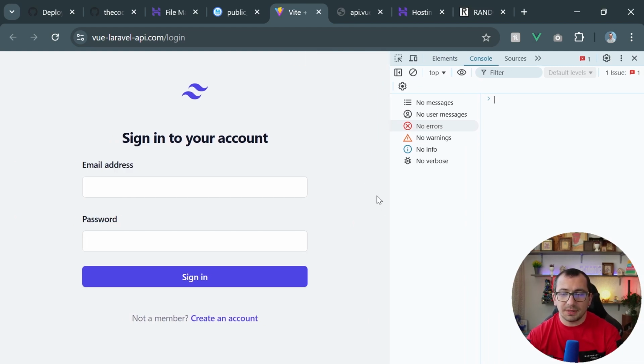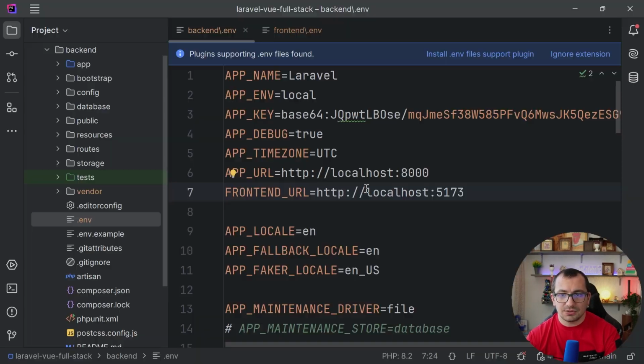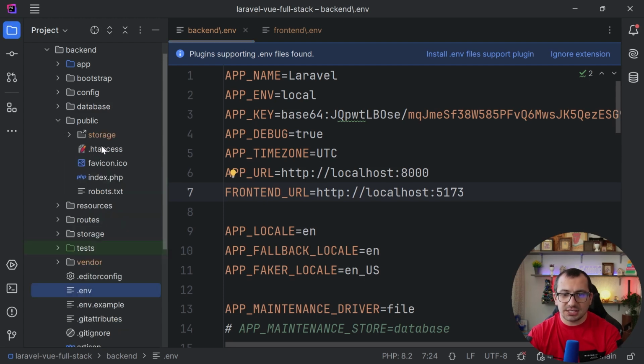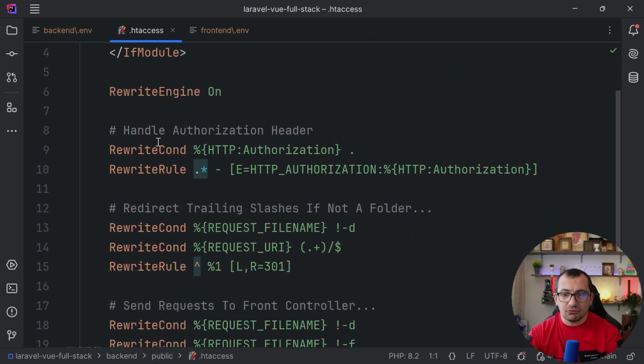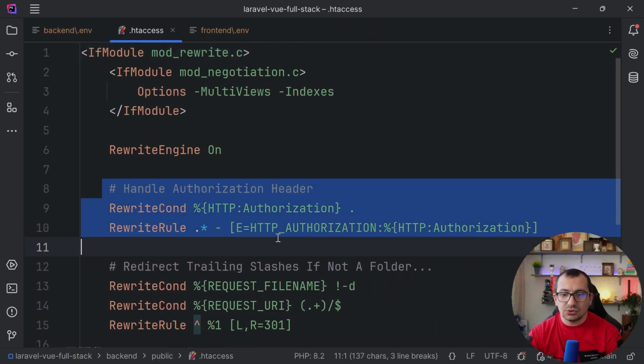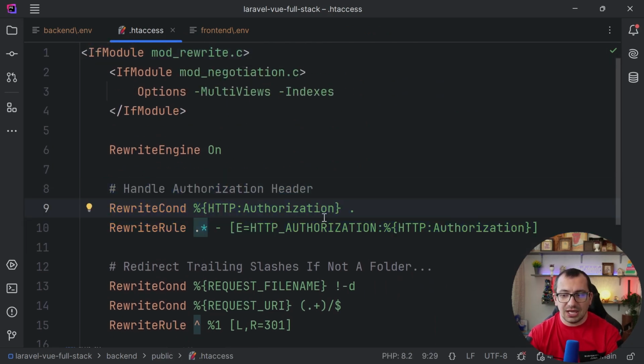And this is not going to work because on some of these servers, Apache basically removes some headers. Like if we open the backend public .htaccess, we have this .htaccess in our Laravel project as well. So here we have a couple of rewrites, and one of them is to keep the authorization header. So we talked about authorization. This is for API token based authentication. But in our application, we don't need the authorization header, but we need that